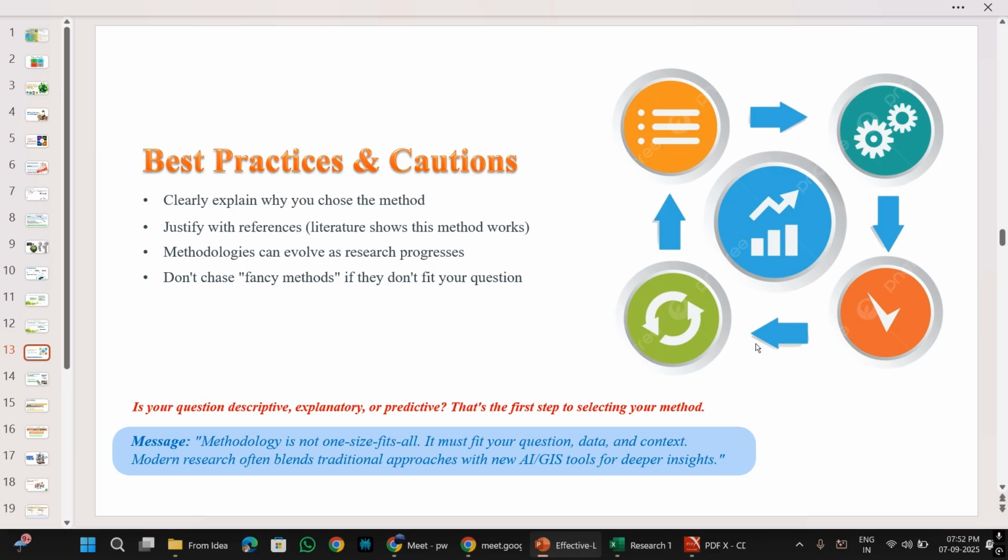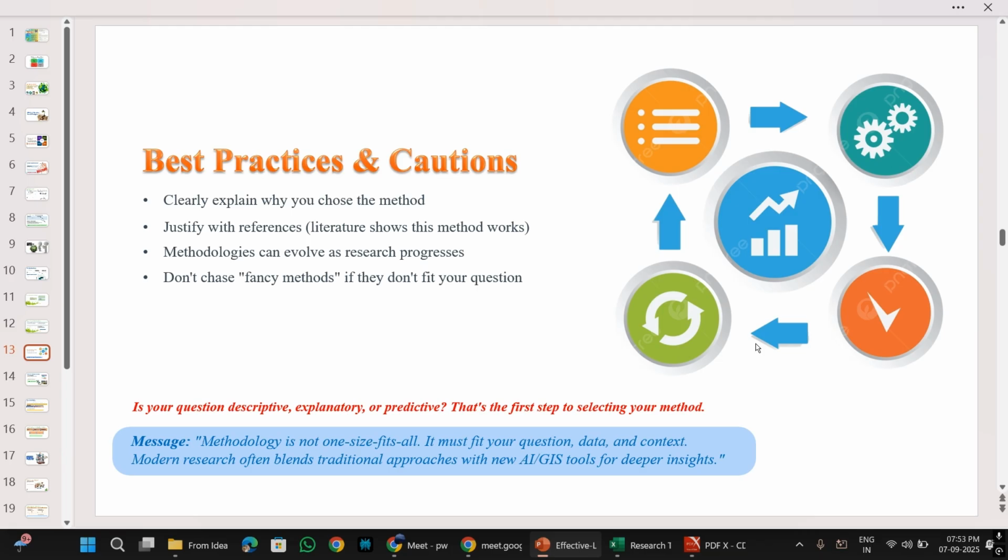And if they have something good for you in their store, then why not just grab it, right? Then justify with references. You refer to, you don't just fight with somebody who is not agreeing with your methodology. Rather, you give them references that this person has used them in the similar environment to solve the similar problem. They have found relevant results, that is why I'm using it. So back it up with some references.